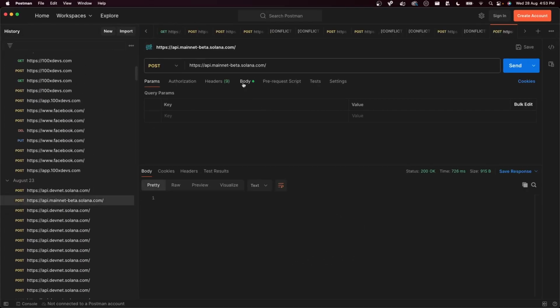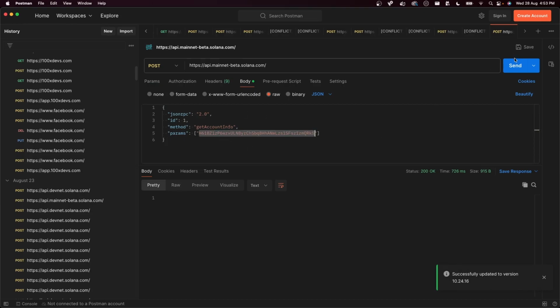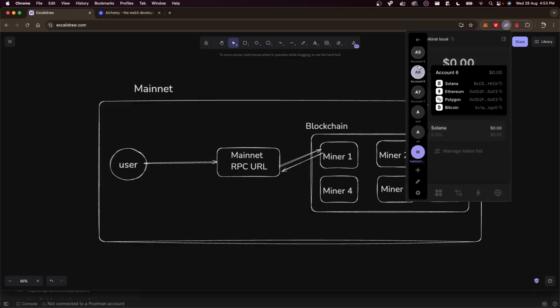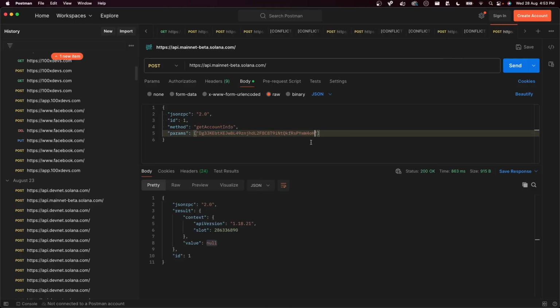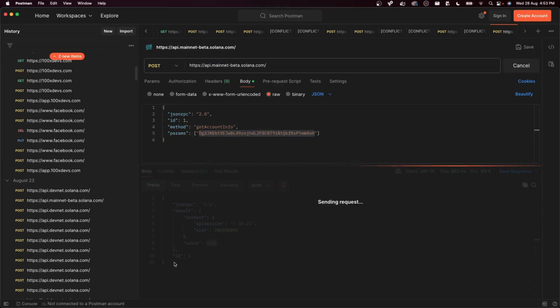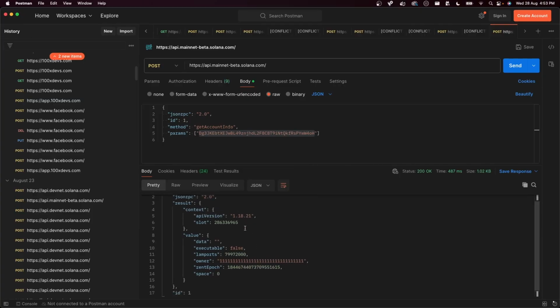If you remember, the requests were along the lines of, what is the balance of this specific account? If I send this request, it returns value null, which means this specific wallet is empty. But if I choose a different wallet of mine that hopefully has some money, let's say this account 2 right here, and send it as an argument in this request to this RPC URL, I'm sending a request through an app called Postman, asking: give me the account details of this specific account. If I send this, it returns that this specific address has